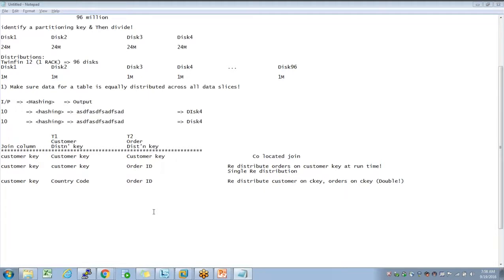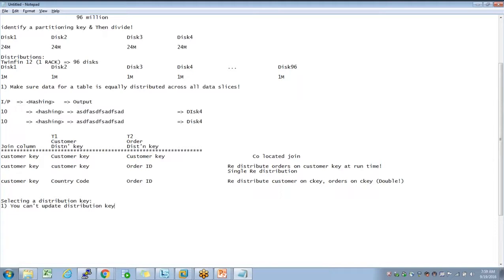But when you join orders tables with sales details or sales transaction tables, where both of them are like 300, 400 gig and 300, 400 gig, that's when you have to be careful. So one of the things you have to consider while selecting a distribution key is, first thing, you can't update